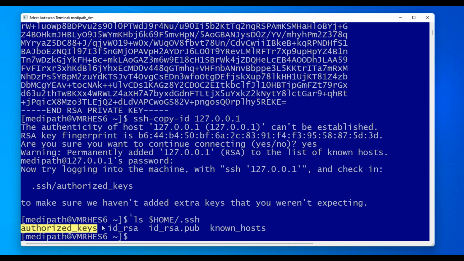The authorized keys file contains the list of public keys that are allowed to authenticate the Medipath user. So you might have more than one of those. Perhaps you had a Mac computer or another Linux computer or a Windows computer, and you generated a different private key. So instead of copying the keys around, you can just add that key also to the list. So at the moment, if we cat the authorized keys file,